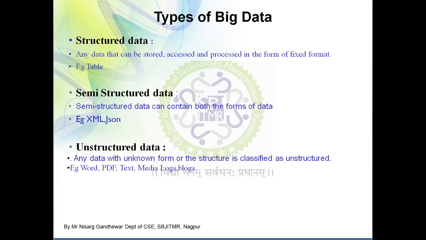So what is the first? Structured data. What is the specialty of structured data? Structured data means the data which is stored in a specific format. Say in the case of a relational database, we use the Oracle database. Oracle is an RDBMS, and an RDBMS stores its data in the form of tables. The data stored in a table is considered structured data, because it follows a specific structure. A table has rows as well as columns. So that data is called structured data.